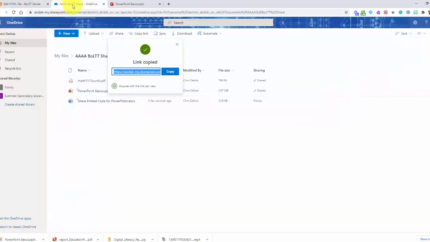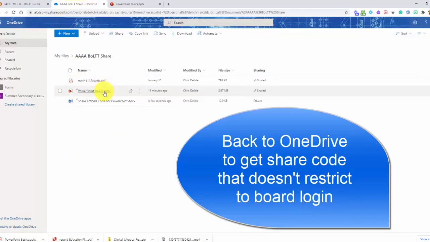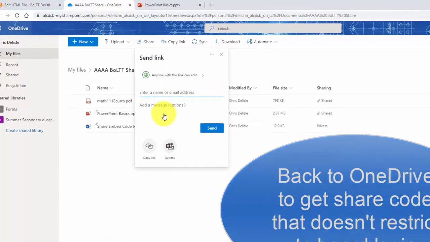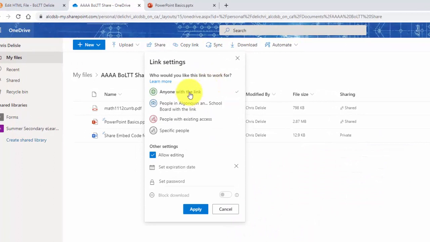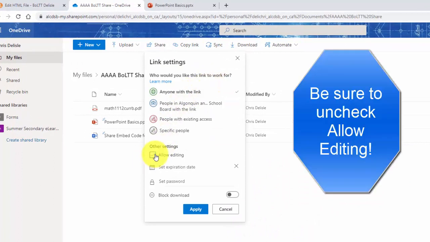So then I'm going to come back to my Office 365, my OneDrive, and this is the PowerPoint. I'm just going to get that share link now to make it a little bit different. I'm going to go share link. I don't want anyone with the link to be able to edit it for sure, so I definitely want to uncheck allow editing. You can block them from downloading as well if you wanted to,